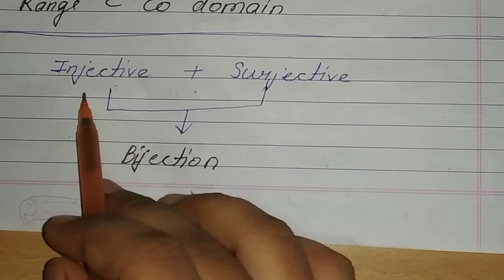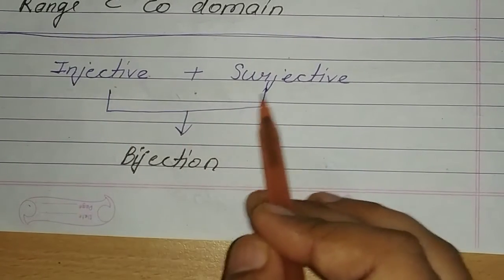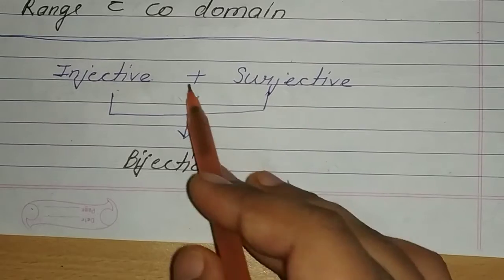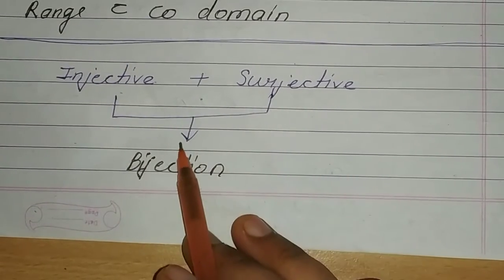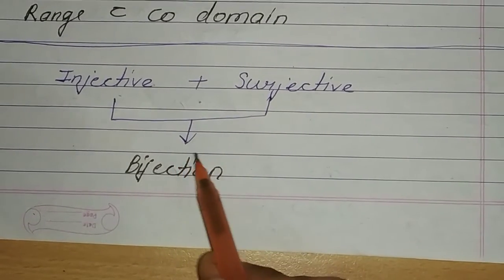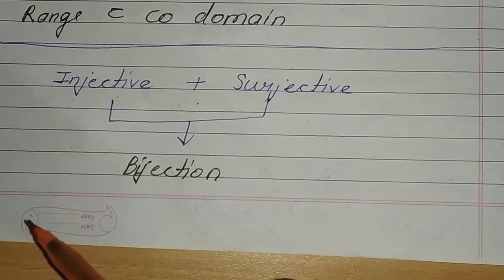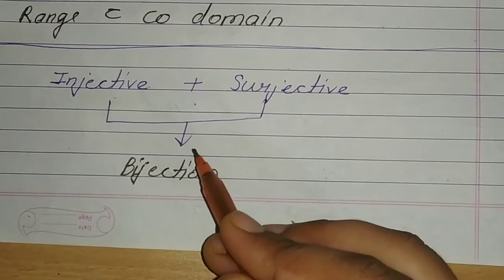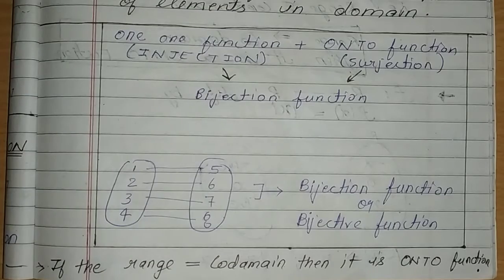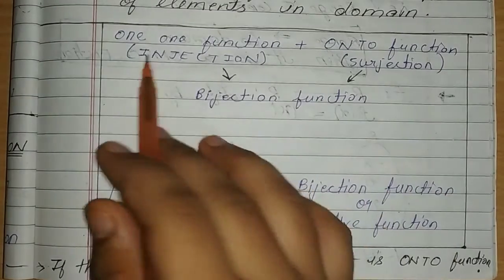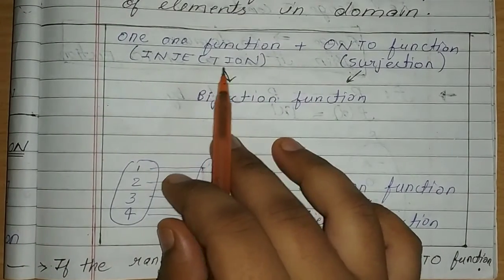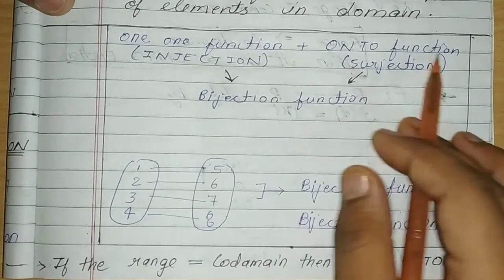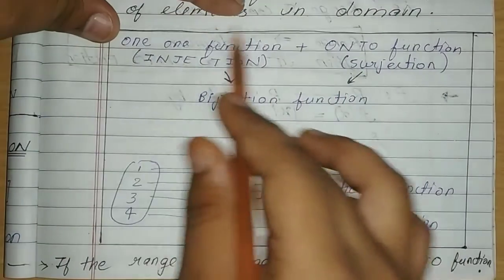Guys, if injective plus surjective gives bijection. इंजेक्टिव और सर्जेक्टिव अपन को बाइजेक्शन देते हैं। अब गाइस पहली बात तो ये, आपको याद है कि नहीं इंजेक्टिव क्या होते हैं और सर्जेक्टिव क्या होते हैं? I think आपको अभी याद नहीं होंगे, मैं बताता हूँ फिर भी, ठीक है। सो गाइस, मैंने बताया था कि इंजेक्टिव और इंजेक्शन वन वन फंक्शन होते हैं, और सर्जेक्टिव और सर्जेक्शन ऑनटू फंक्शन होते हैं।